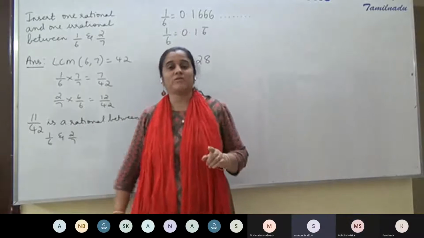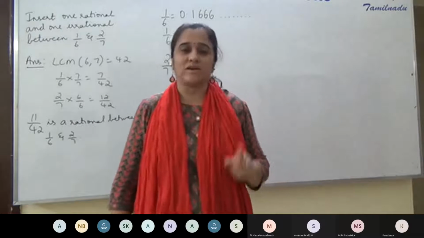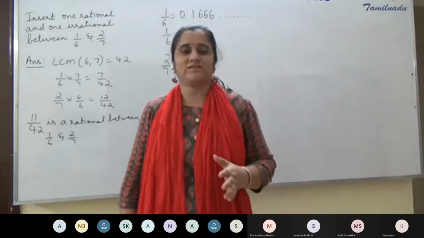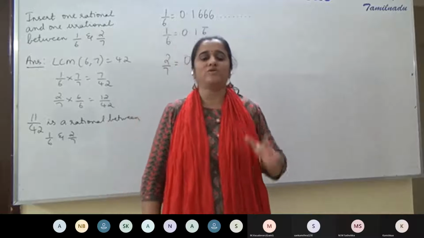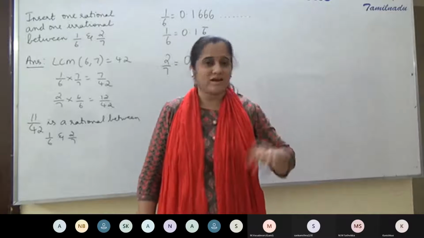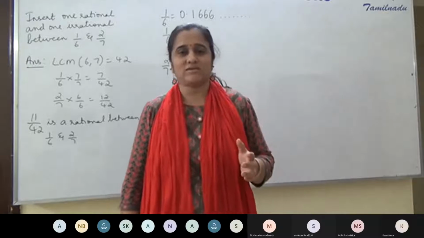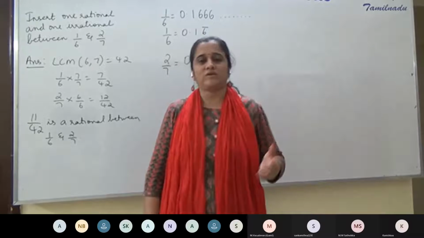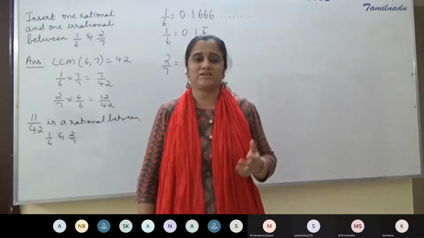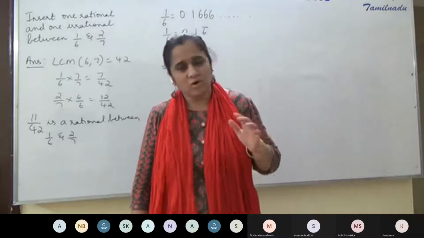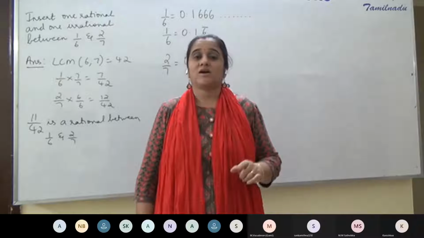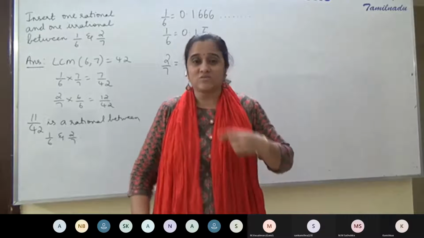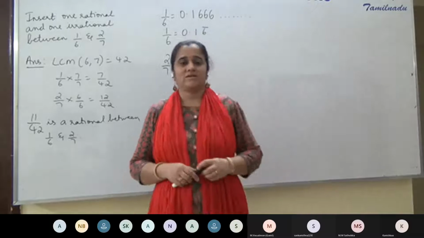Okay, so now I need to answer this question. Now I need to tell you this. When you don't get a zero remainder, at which point should you stop the division? You start the division process, and you find that even after 2-3 steps, you're not getting zero as a remainder. Then how long should you continue the division process? You must go on with the division process till at least one remainder repeats itself.